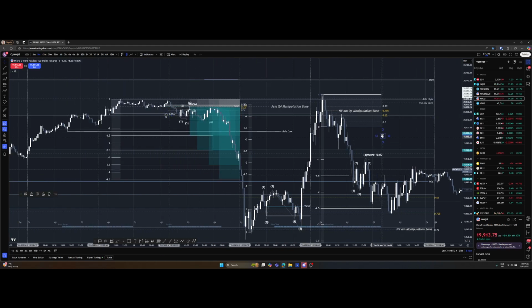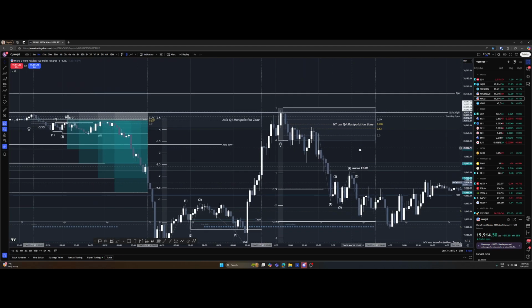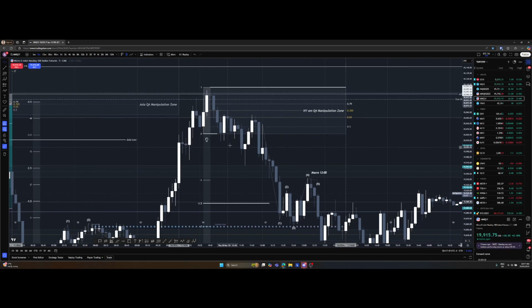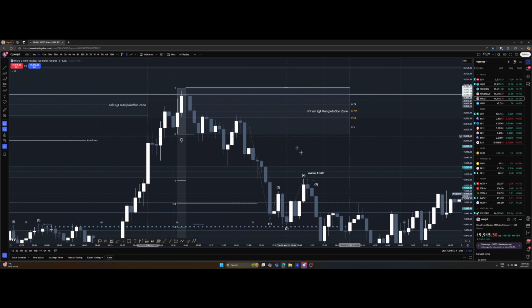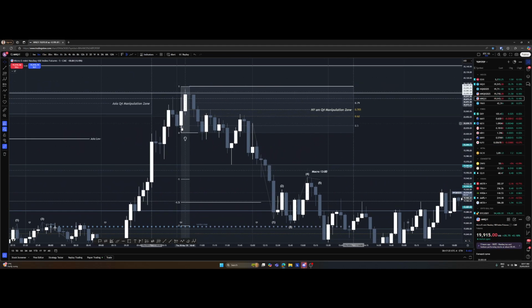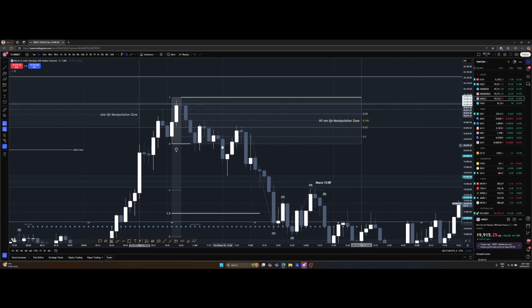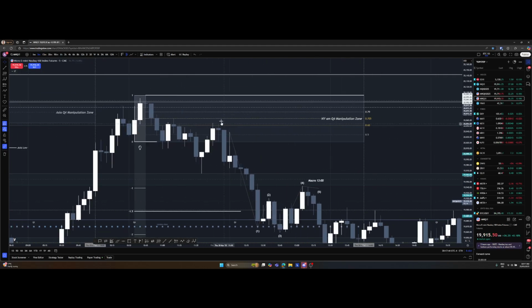Grab another light bulb. We have displacement, displace down. We have our zone, so the manipulation swing here, these two up candles and this one here at the top, that becomes our manipulation swing. We draw our box on that, wait for the break here. So candle closes below. Also got our SIBI here, so it's displaced lower. We bounce back up